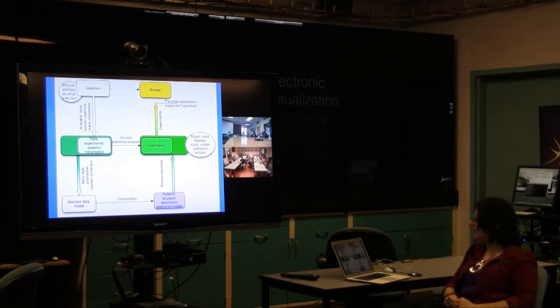So you can instantiate this question in many possible ways, and the ways you instantiate it depend on the available tools and your domain expertise. If I asked you as biologists, you would instantiate it in very different ways, right? You can ask, why do animals go